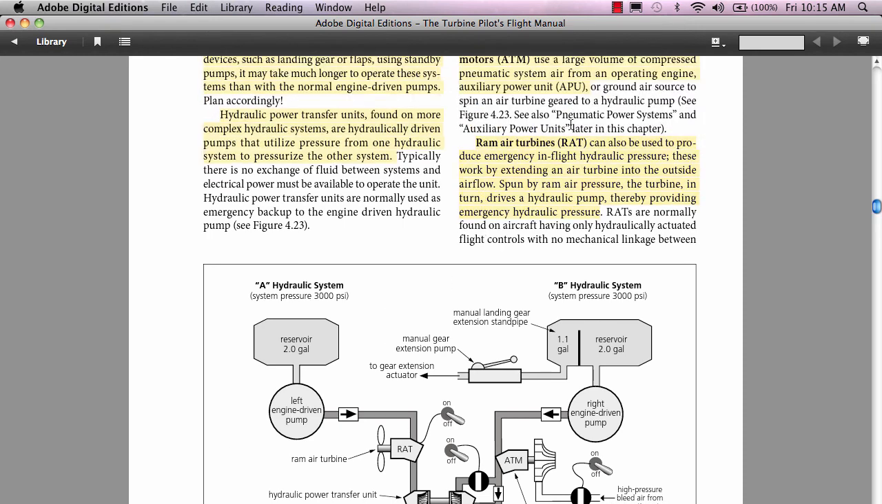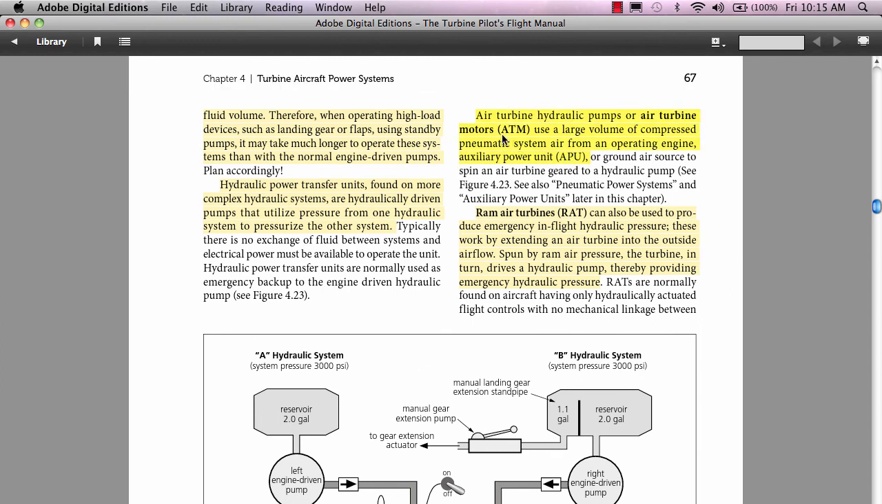So the air turbine hydraulic pump, or air turbine. You can have a pneumatic, in other words, using bleed air off of one of the engines, you can have an air turbine motor that uses the compressed pneumatic air from one of the operating engines to power an APU, or an air turbine motor. Or I guess they could also use it off your auxiliary power unit in the back of the aircraft. It would maybe have one of these air turbine motors on it that could power your